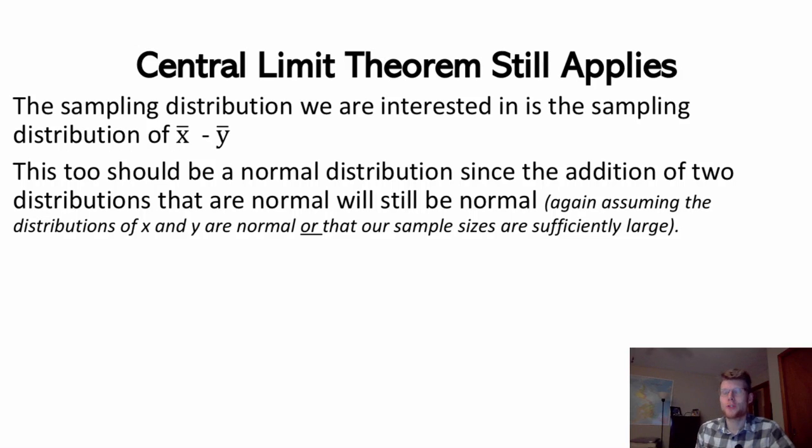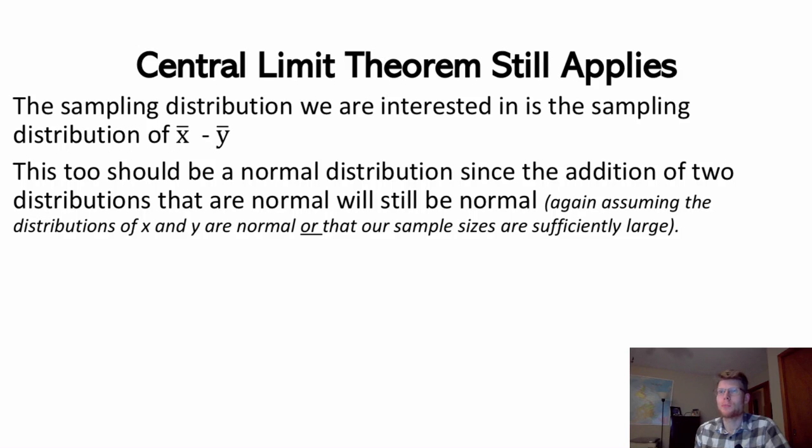Well, first off, the central limit theorem still applies here. And that's because the sampling distribution we're interested in is the sampling distribution of X bar minus Y bar. If I repeatedly take samples from these two populations and subtract one sample mean from the other, and then plot that difference, my sampling distribution is a distribution of mean differences. And this too is probably going to be normally distributed